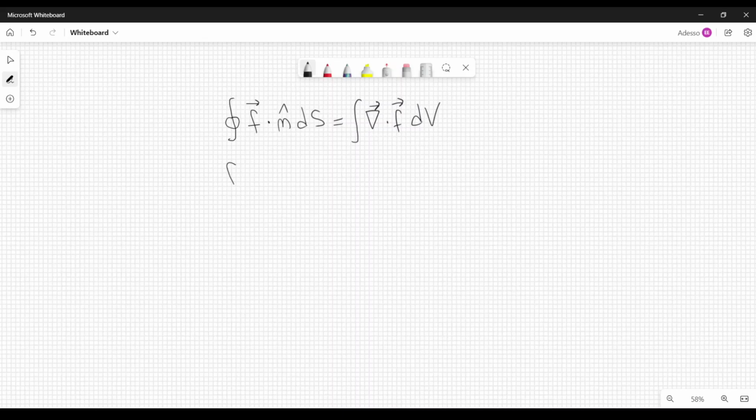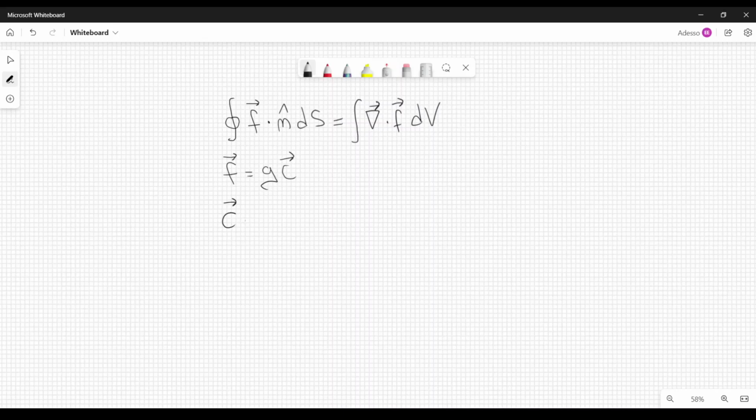Now we will choose f to be a function of this kind. It will be a scalar function g multiplied by a constant vector field. So c will be a constant, whereas g will be a function. But g will be a scalar function and c is a vector field, even if it is constant. And if we substitute this expression there in our divergence theorem, we get